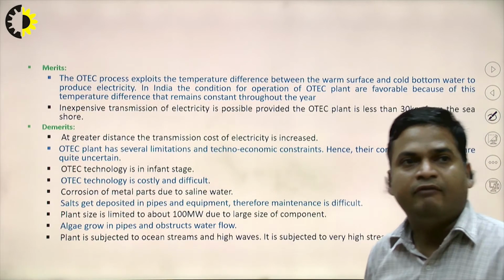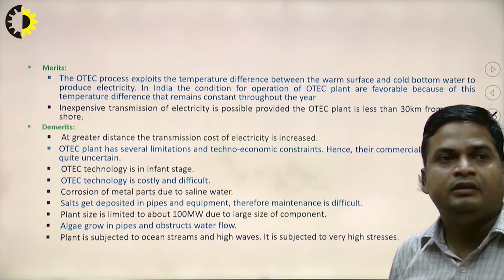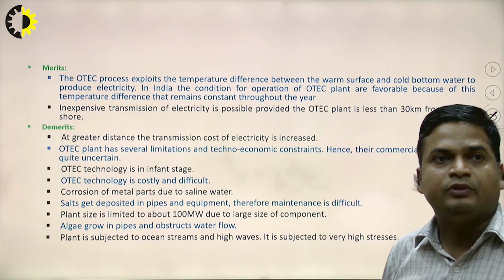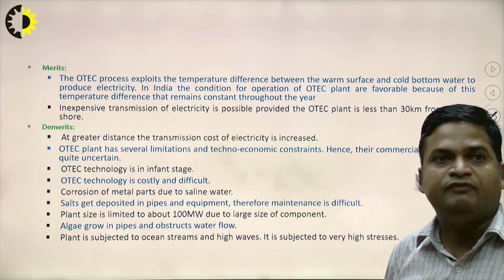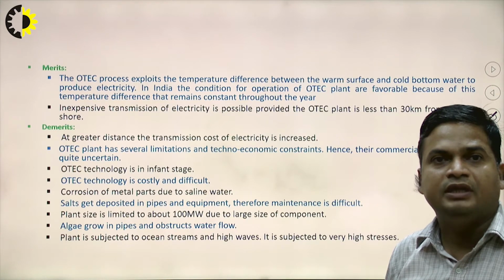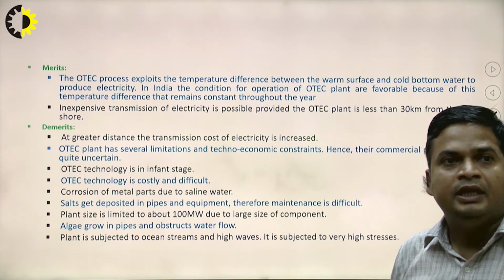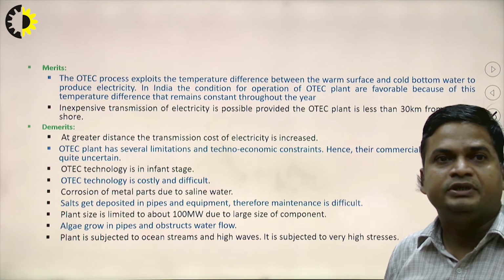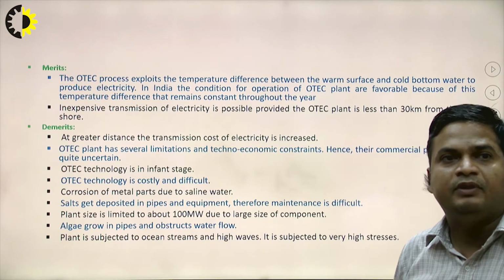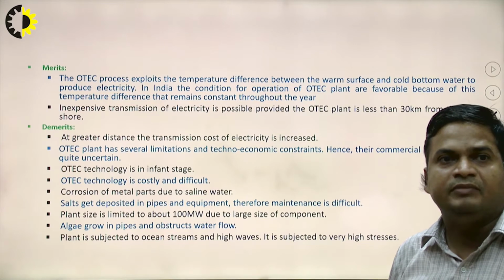Now there are advantages of OTEC. The OTEC process exploits the temperature difference between the warm surface and cold water to produce electricity. In India, the conditions for operation of an OTEC plant are favorable because this temperature difference remains constant throughout